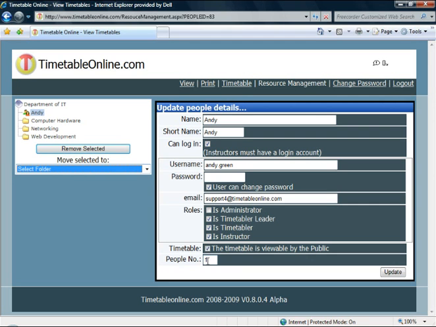The next field is the people that are involved with this people group or person. Since this individual is just one person, we just put people number equals 1. This number is then used within the timetabling system to ensure that the maximum capacity isn't reached by this people group's number. To create new individuals, we can click on the areas